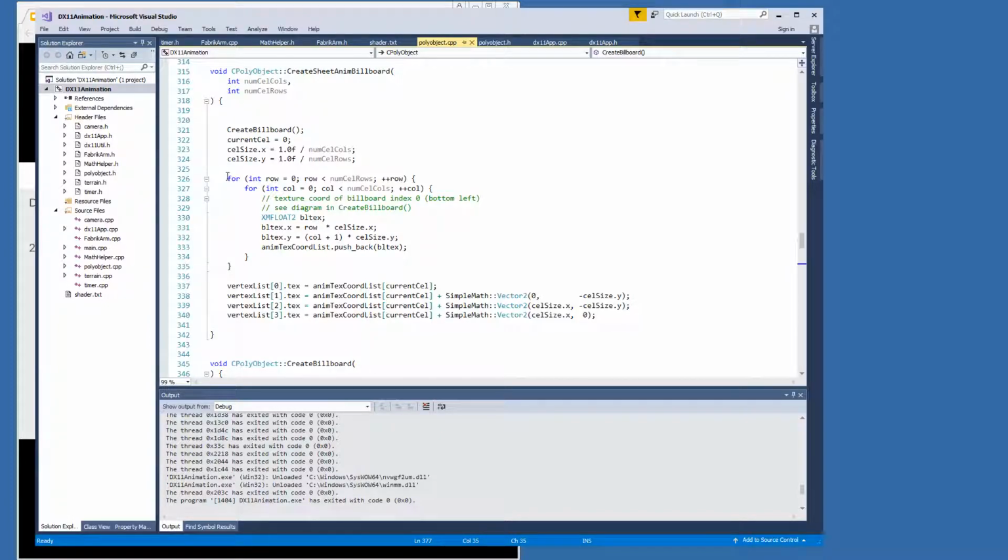Here's where we compute the texture coordinates for the billboard for each cell. So we know that the entire texture range on the sprite sheet is from 0 to 1, starting in the upper left-hand corner. So if we take 1 and divide it by the number of columns, we'll get the size in texture coordinate of each cell across and the height of each cell in texture coordinate. Then we can just do a loop for each row, for each column,